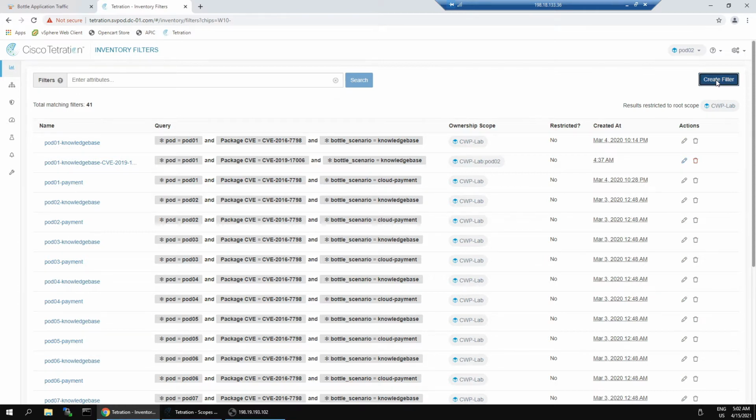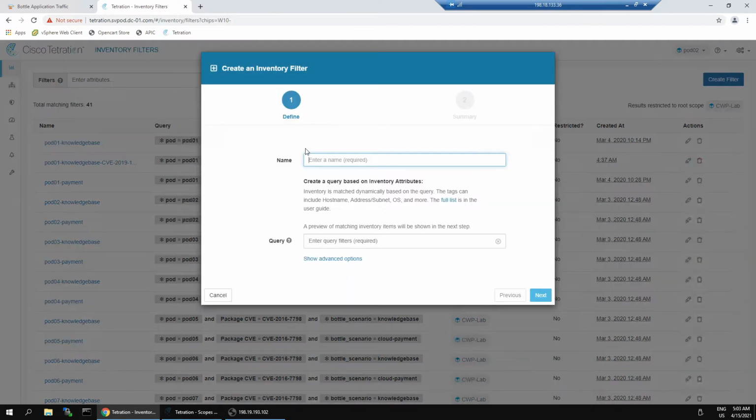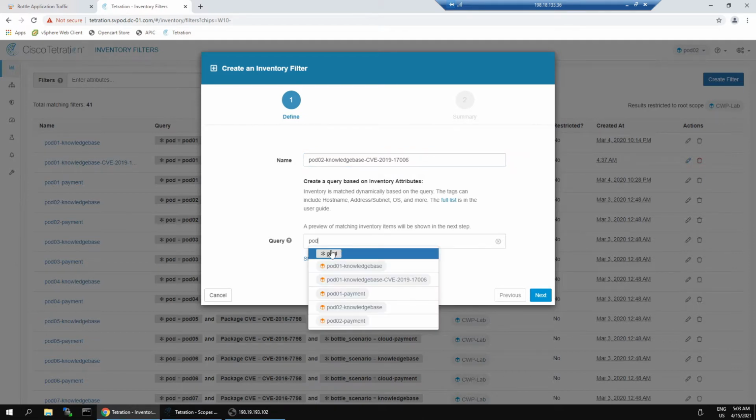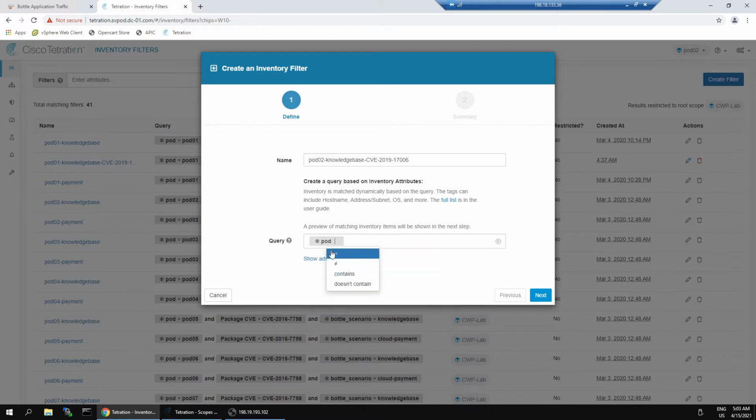And so we can come in here and create an inventory filter. Now this will be a collection of attributes and tags that we're going to use in order to define something of interest. In our case, we're going to look in pod 02. Now remember, the ones with asterisks or the star are ones we've introduced to the system itself, and ones without are built in. So package CVE, as an example, is a built-in query string that we can use, or tag or annotation. So we'll go ahead and look for CVE 2019-1706,